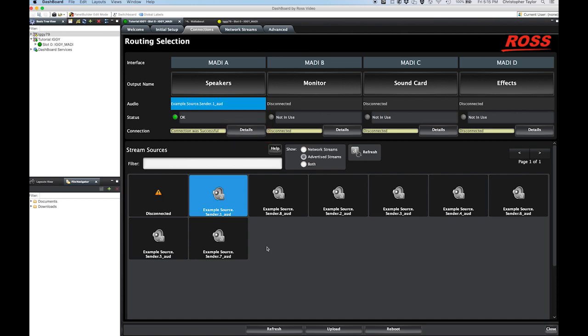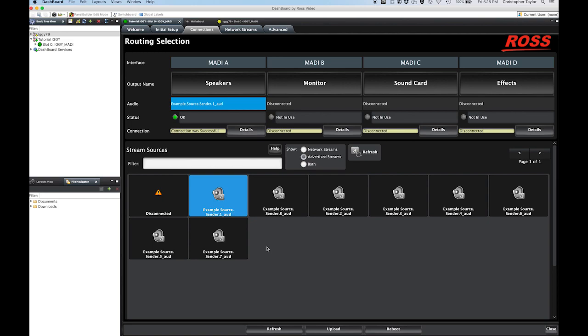If the connection is successful but the status does not show OK, then something is wrong with the data being received. A status of no packets received means that no valid packets are being seen by the Iggy for this connection. This can be because either the sender is not sending data properly, the network is not forwarding the data properly, or the data is incompatible with the Iggy's current configuration. For instance, if the packet size, sampling frequency, or number of packets per stream configured for your Iggy does not match the stream source. In this case, you should review your network topology, multicast handling, IGMP setup, and the audio settings.